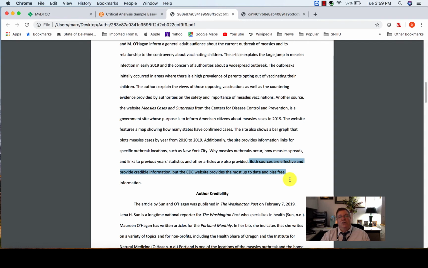All right, so the introductory paragraph, you have to introduce each of the articles separately, give a short summary separately, and then you tie that in together in the last sentence with your thesis statement where you're bringing both of them in and you're coming up with one sentence. So we know now that this person who wrote this paper feels that both sources are effective. So that's pretty positive. So each of the sections you're going to see is going to be positive.